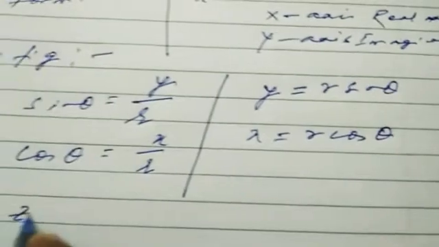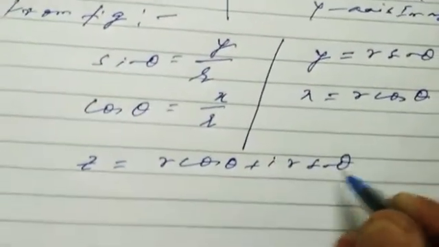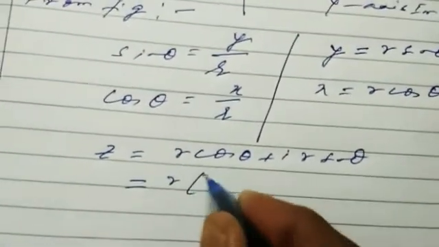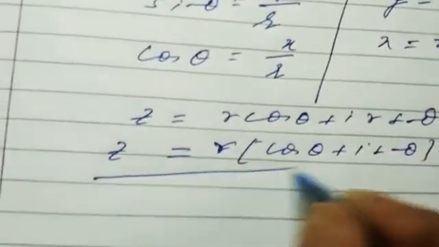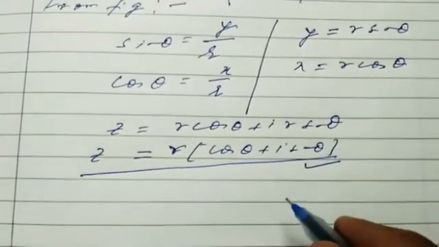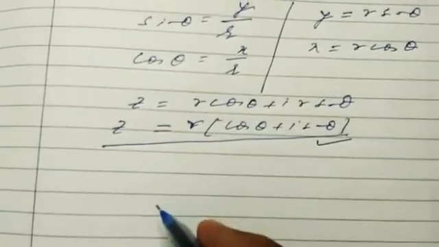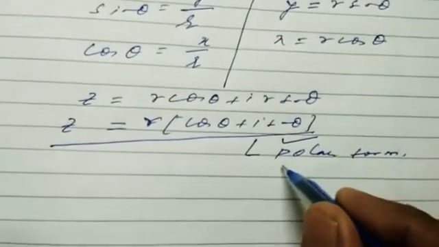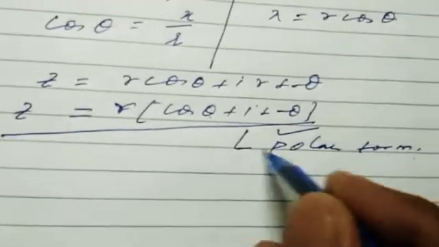Now we can club it and put it in the Cartesian form. Then it will be r cos theta plus i r sine theta. Now we can take r common. This is r into cos theta plus i sine theta. What exactly are we doing here? We are representing the complex number in terms of trigonometrical ratios, and that is exactly what we have to discuss today. So basically, the polar form is r into cos theta plus i sine theta.